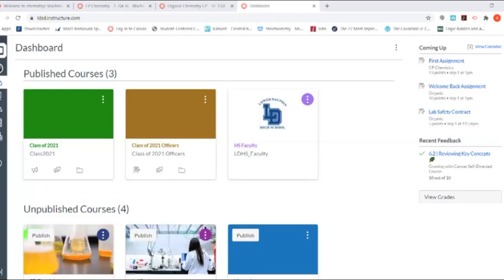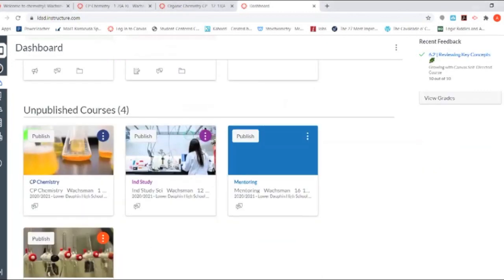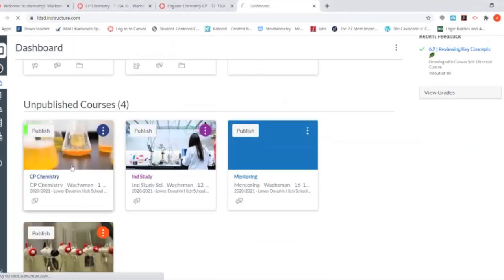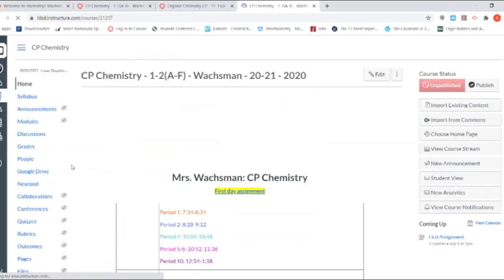So Mrs. Wachsman, I'm going to turn this over to you, and she's going to talk about Canvas and accessing Zoom. Okay, hello everyone. So in terms of Zoom, I'm going to pull up the link and show you on Canvas. When you get to Canvas, you can either go in through MyLD or go to ldsc.instructure.com. You'll see your dashboard pop up that will have your classes in it. And if you go to the class that you're interested in zooming into,